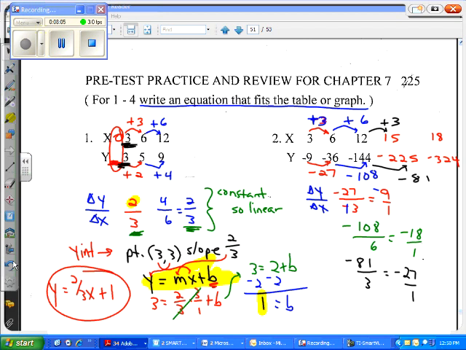And what you see is we have some inconsistency here. We do not have the same slope or the same change in y over change in x. Therefore, that is not a constant rate of change or a constant slope. Therefore, we know it's not a line. We would want to investigate the negative 9 over 1, negative 18 over 1, negative 27 over 1, and hunt